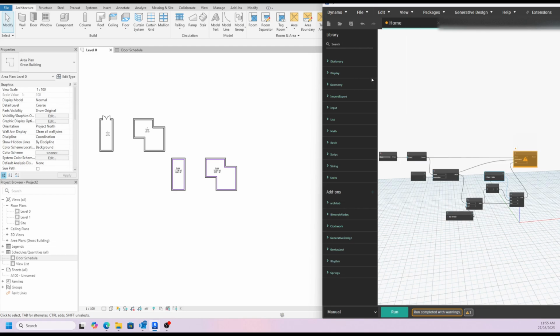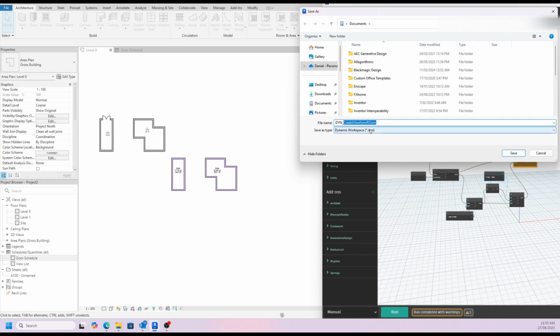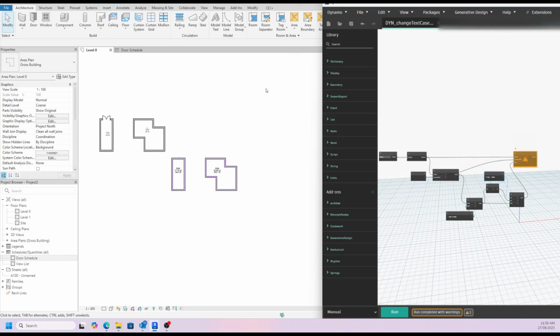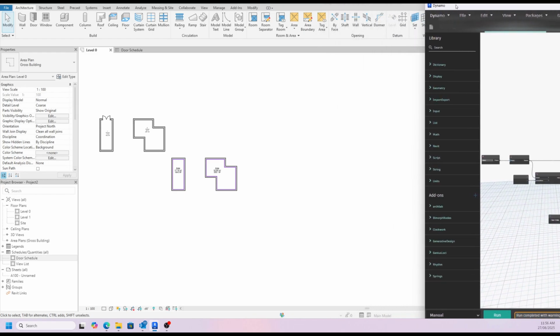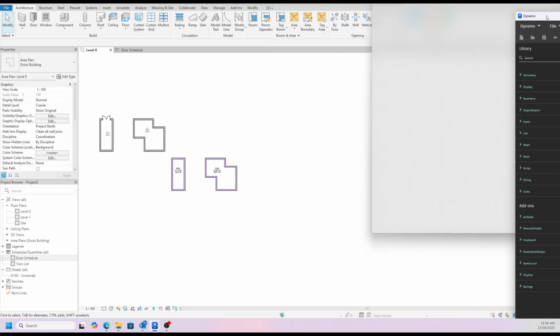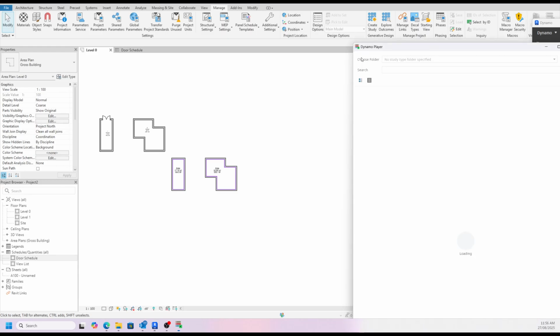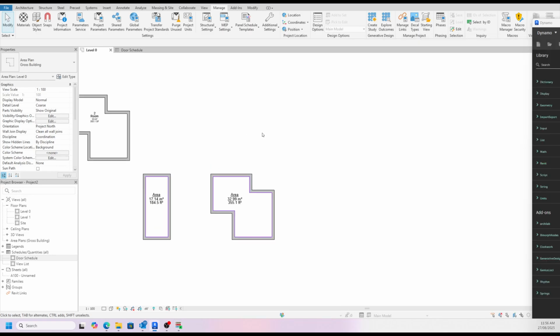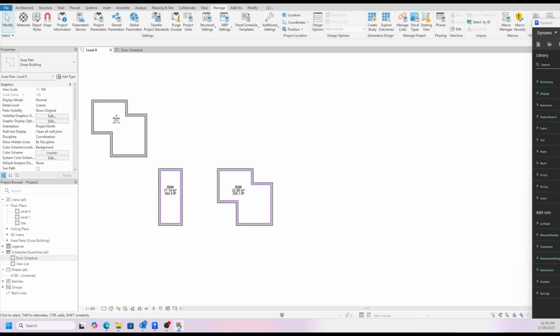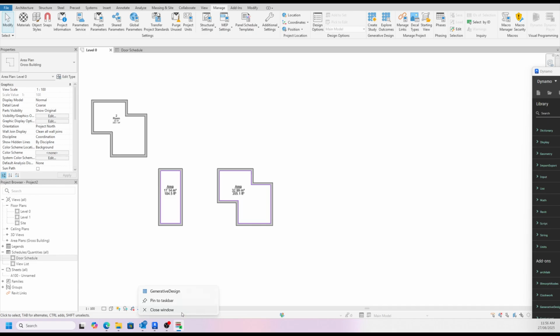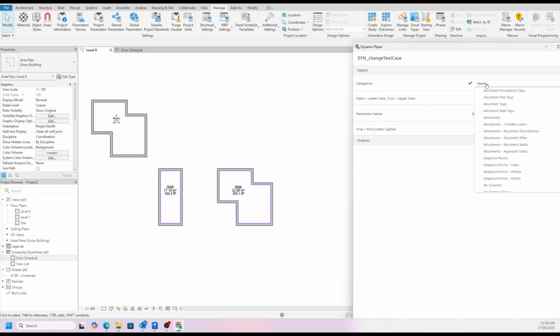All right, so let's go file, save as, change text case. Let's move that aside. Let's get our player. There we go. Seem to have lost it. There we go. Now we want to change, let's change this back to,